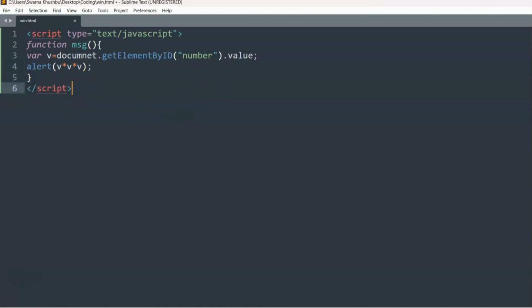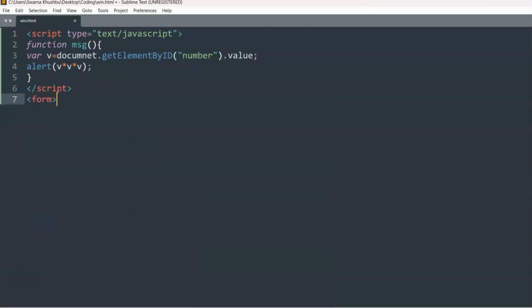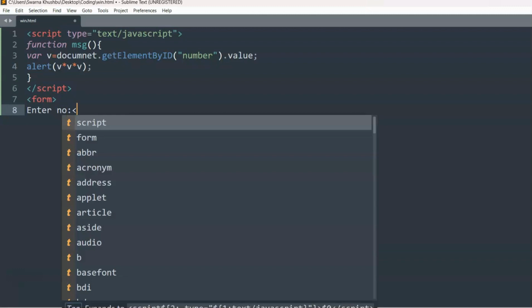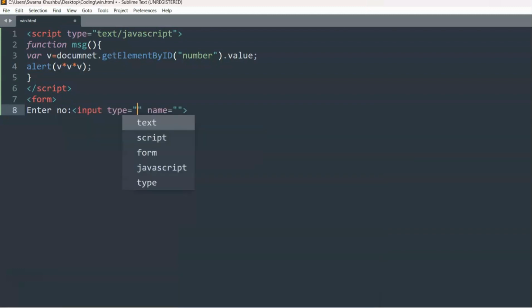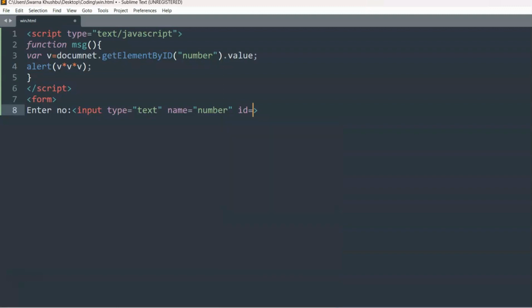Now come out of the script and then you have to create a form. Let's say we have a form structure, okay? Form means a structure you're giving to your web page, wherein you tell the user to enter a number. And what would be the type of the number? In that case, you can write input, and then type can be text, name can be number, okay? And since we are working with ID over here, that means that's DOM, so ID can also be number,